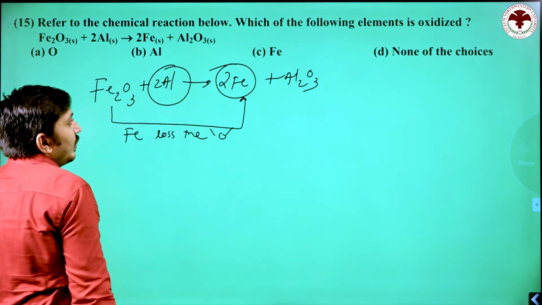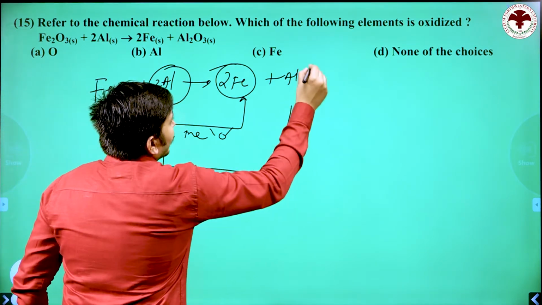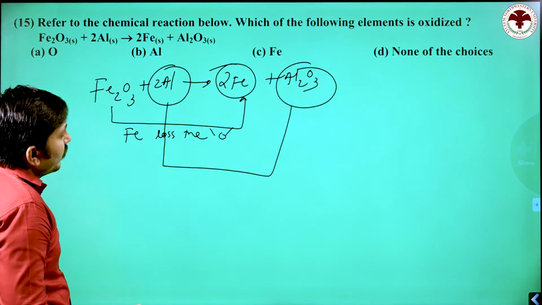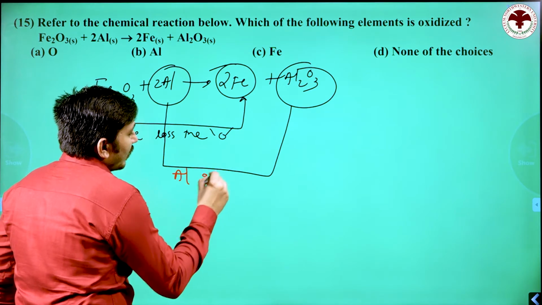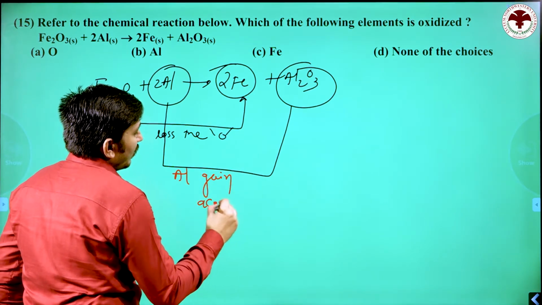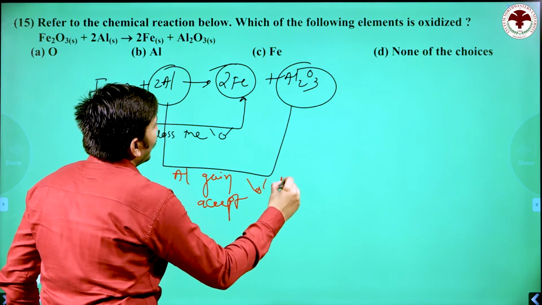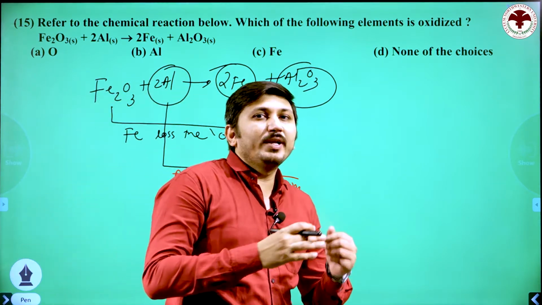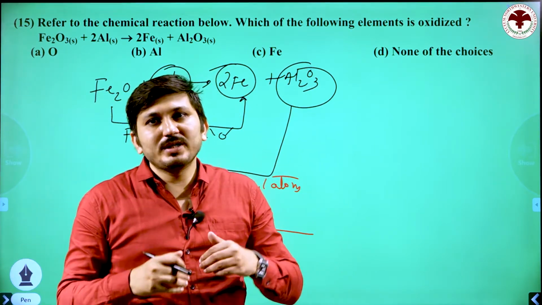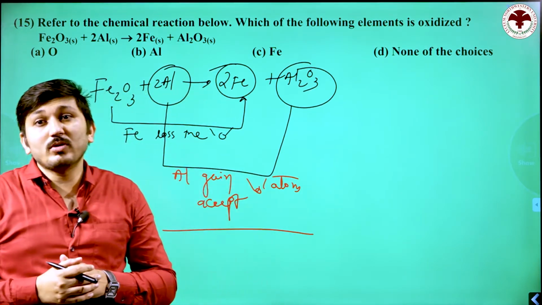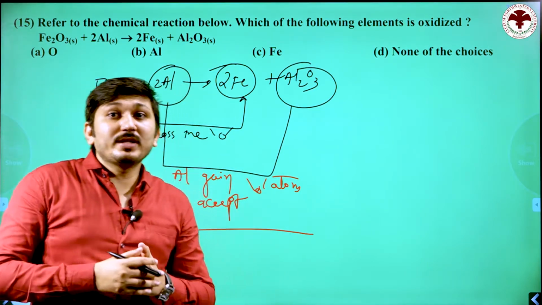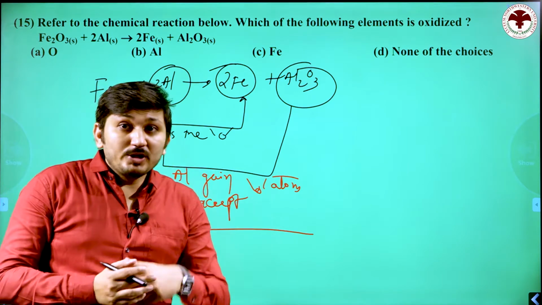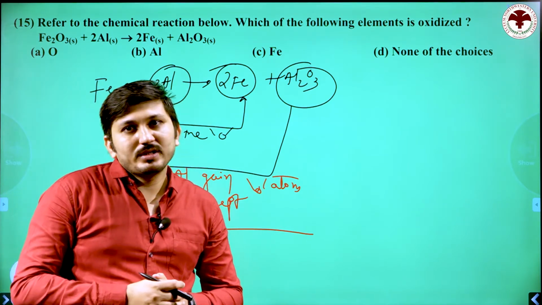See the aluminium. Aluminium is converted into Al2O3. What does that mean? We conclude that aluminium gains or accepts the oxygen atom. And what is oxidation? It is simple. It is a grade 7, grade 8 question. During the process, if oxygen is liberated or removed, the reaction is known as reduction. And if oxygen atom is gained or consumed by any element, this process is known as oxidation.